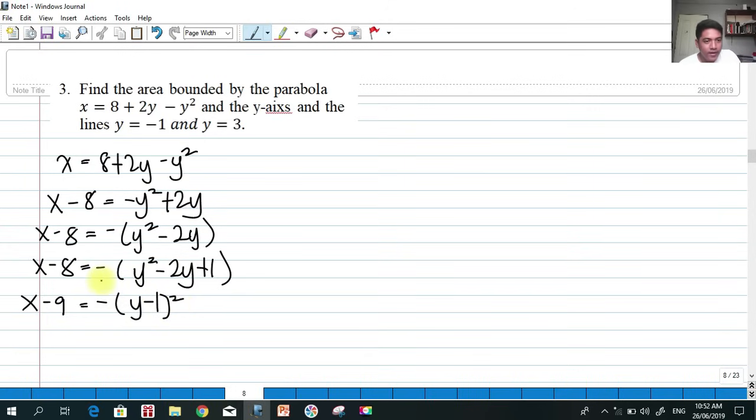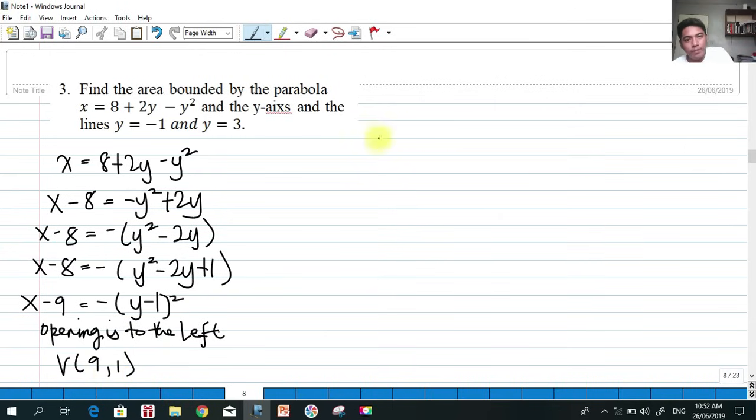So we have the following. It is actually a parabola opening to the left, and its vertex is actually on (9, 1). Okay? 9 and 1. So if we draw the parabola,